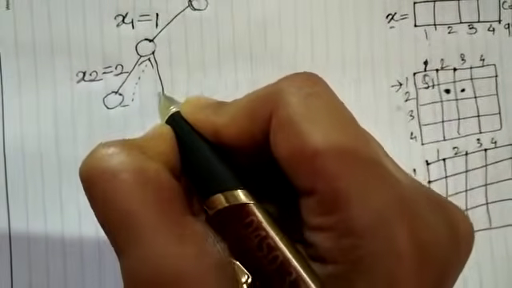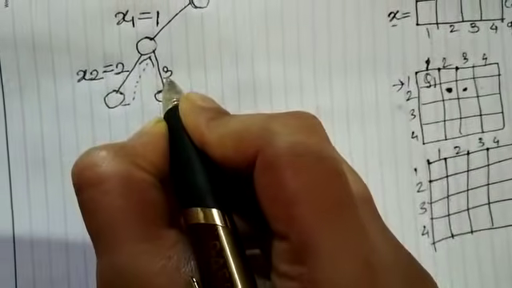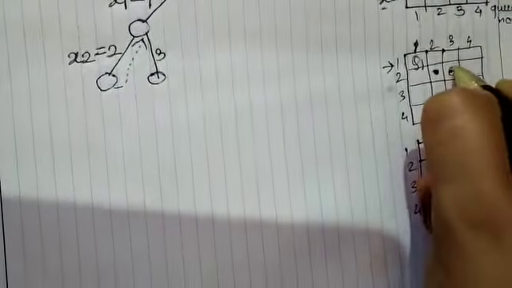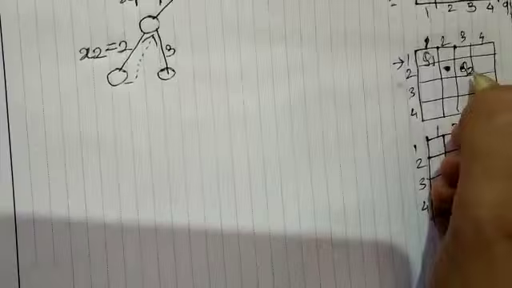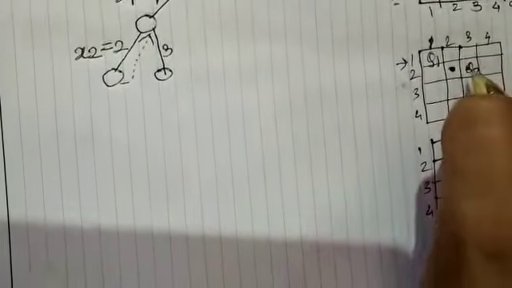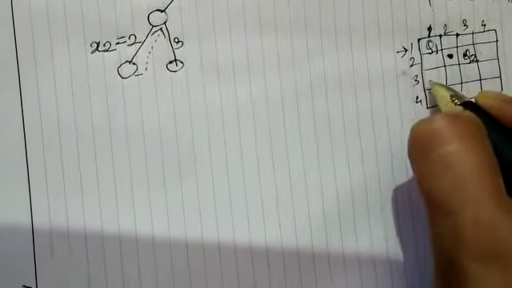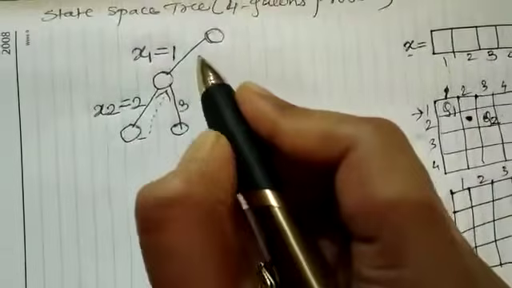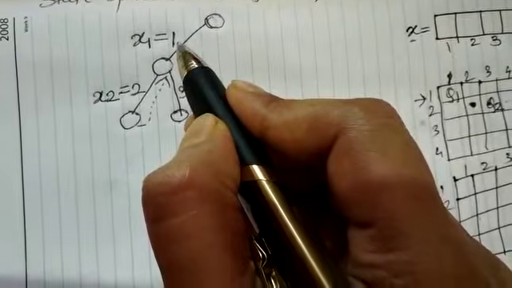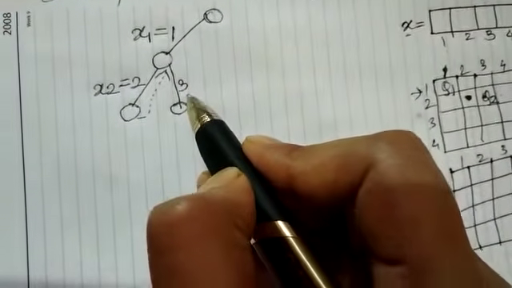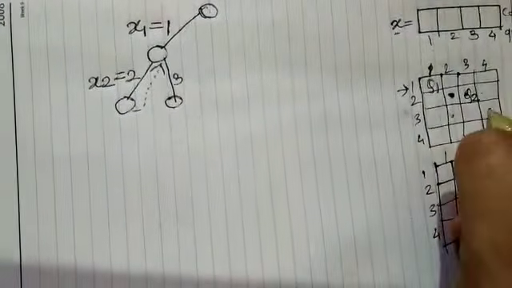So here I'll write 3, that is X2 equals 3. So now I'm placing queen 2 into third column. If I place queen 2 into third column, now it is not under attack, so it is fine. Now let's place queen number 3 into third row. So if you observe this tree right from the root, then queen 1 has been placed in column 1, queen 2 in column 3. So now we are left with the choices of column number 2 and 4.